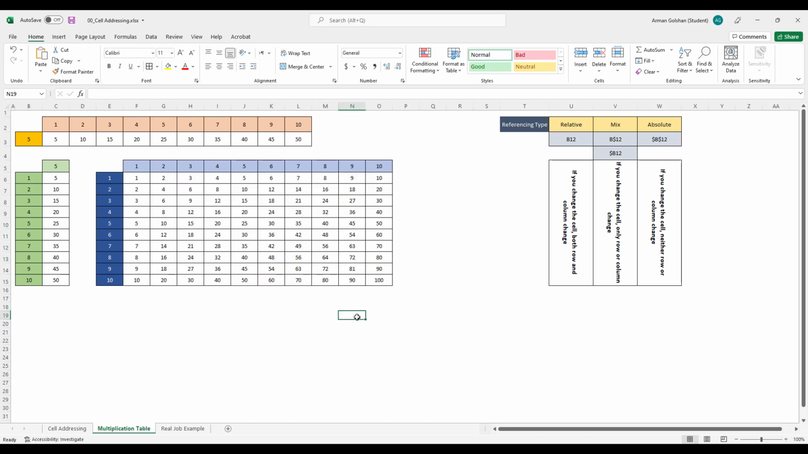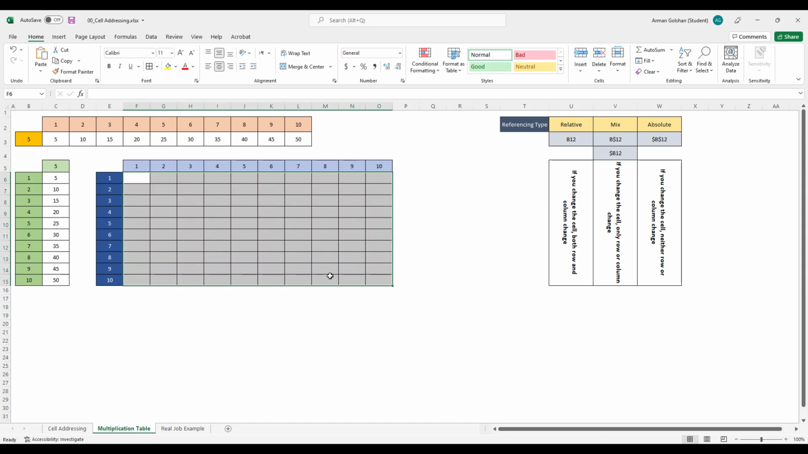Yes, perfect. So basically we can say that in relative referencing type, if you change the cell, both row and column change. Like, for example, I'm here, it's F18, then I go there, it's M18, or here it's Q4. So everything that we wrote at the beginning, if I just delete this one and write it again,